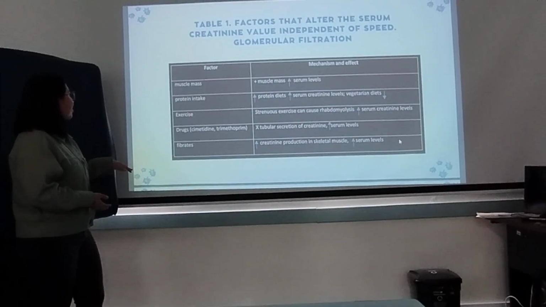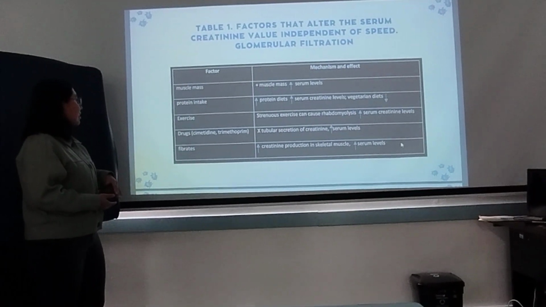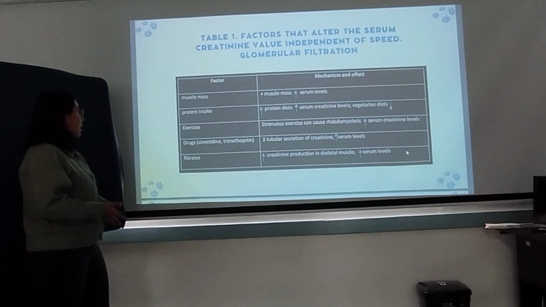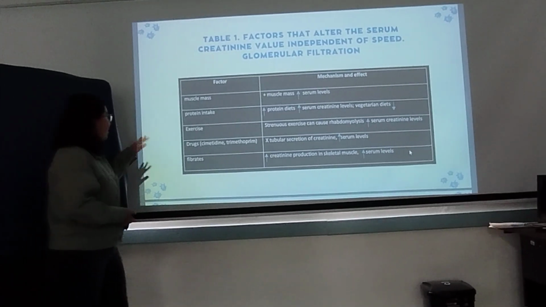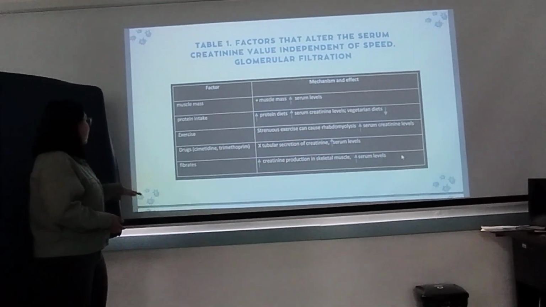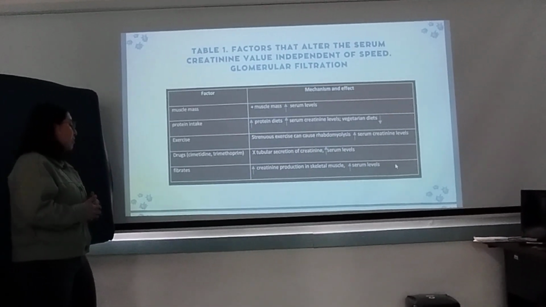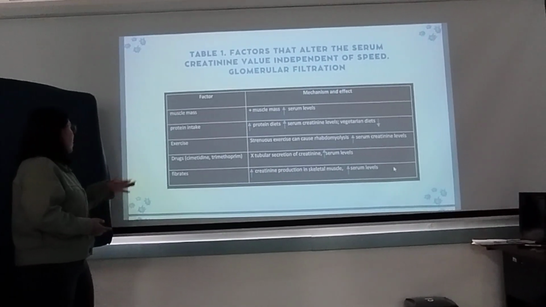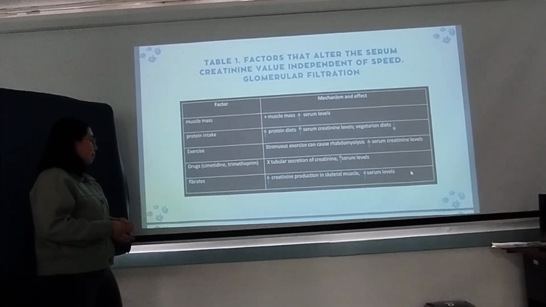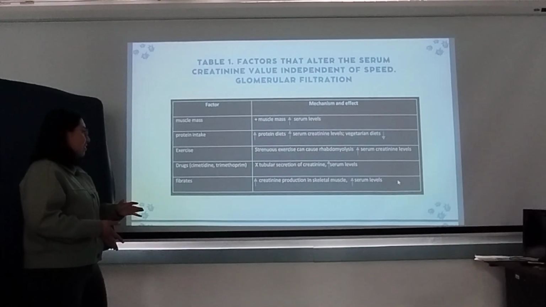Okay, and this table is factors that alter the serum creatinine values independent of the glomerular filtration rate. The factors and the mechanisms and effects. Muscle mass: an increment of the muscle mass elevates the serum levels. The factor protein intake: a high protein diet increments the serum creatinine levels, and the vegetarian diets